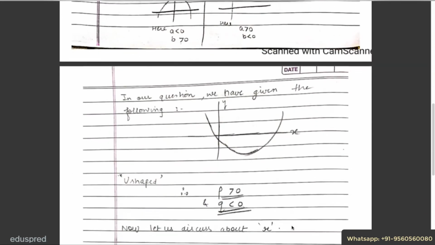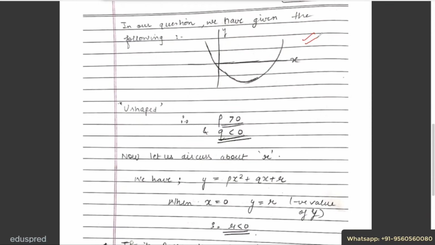Now, in the question, we are given this figure. Now, note that this figure is opening upwards, or it seems like a smile, which means my a is positive. Now, if you see, vertex has shifted to the right, which means your b is negative. And thirdly, your vertex has also shifted downwards, which means your c is negative. And this is in reference to the general equation I just taught you. But in our question, we have the equation of the form px square plus qx plus r.